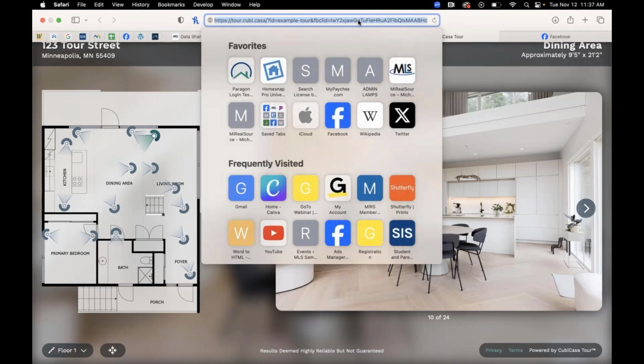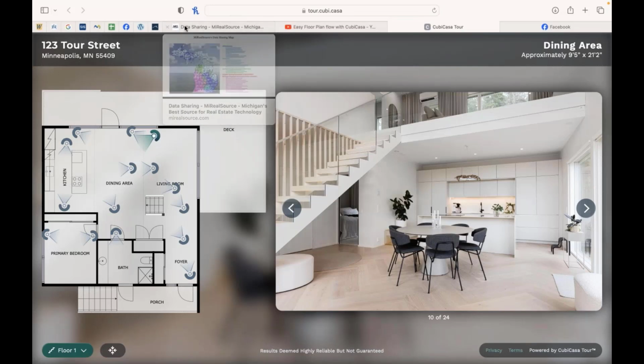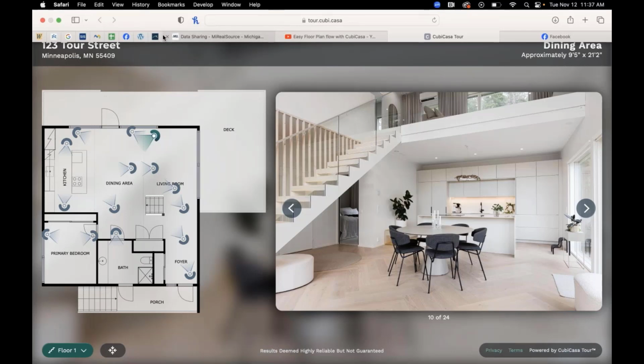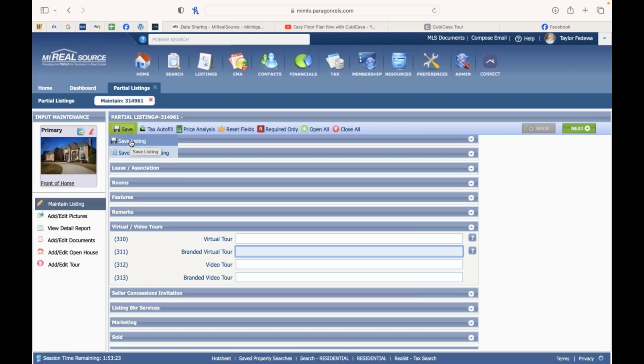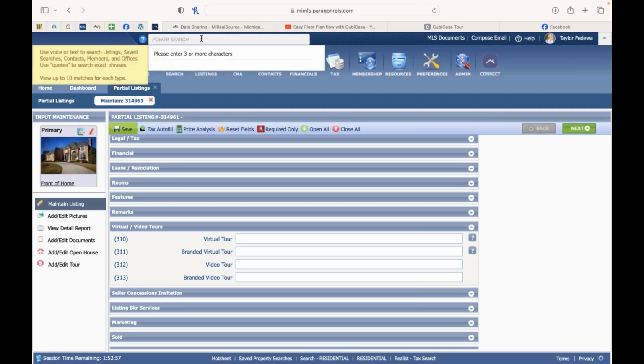And if you create that, you can add that into your listing. So once your listing is live, the last thing that I want to show is your single property website. So when I make this listing live, my RealSource added a single property website to every single one of our listings. So when you get, you'll get an email sent over that you have this website that you can now share, send over to your client so that they can post it. It's a great thing just for putting out there on social media. But what's really nice about it is that you can go in and you can,